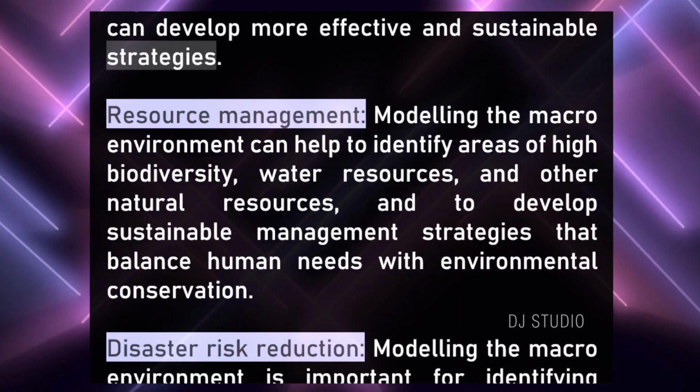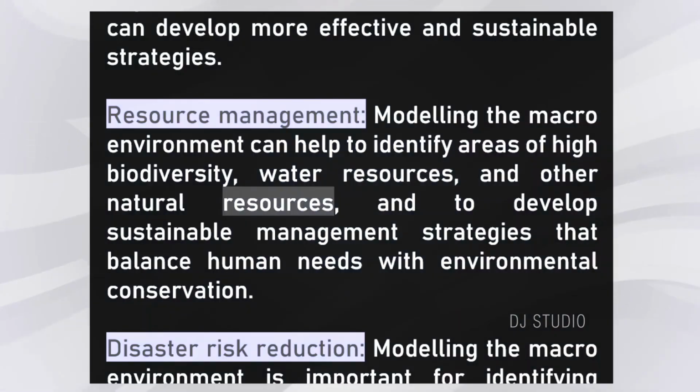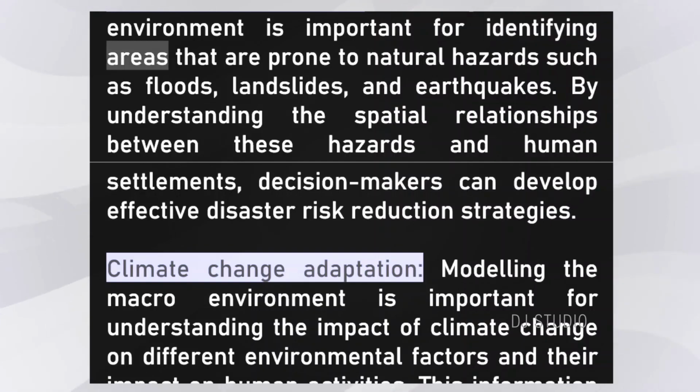sustainable strategies. Resource management. Modeling the macro environment can help to identify areas of high biodiversity, water resources, and other natural resources, and to develop sustainable management strategies that balance human needs with environmental conservation. Disaster risk reduction. Modeling the macro environment is important for identifying areas that are prone to natural hazards such as floods, landslides, and earthquakes. By understanding the spatial relationships between these hazards and human settlements, decision-makers can develop effective disaster